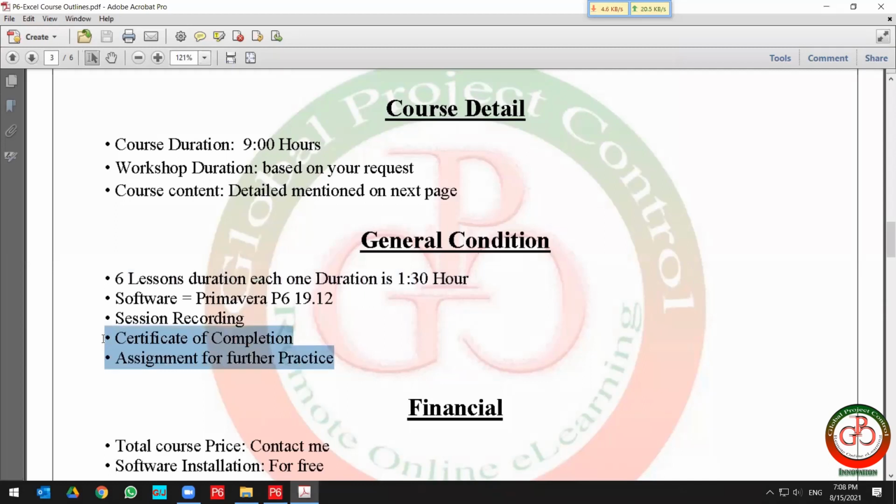After the course, you will receive the certificate. All the sessions will be recorded by Zoom software. We use Primavera P6 version 19.12, and